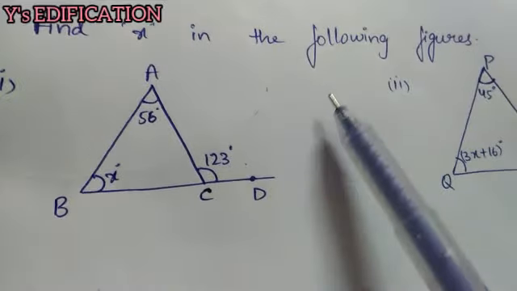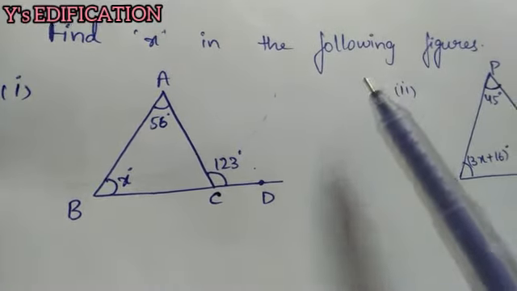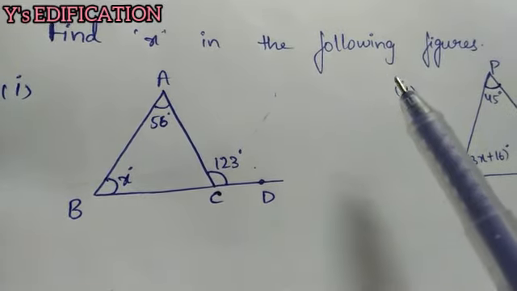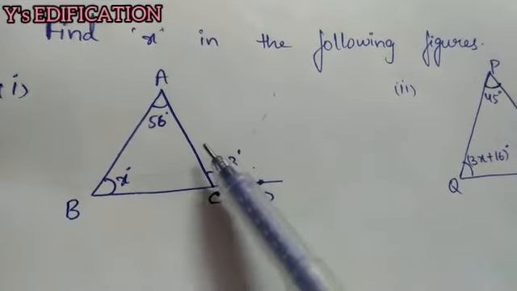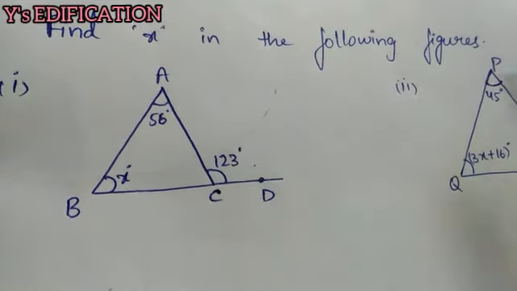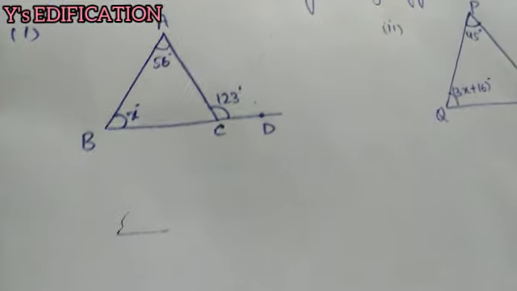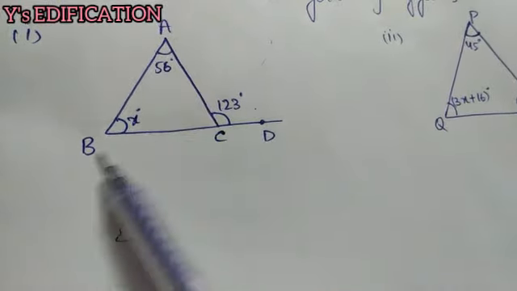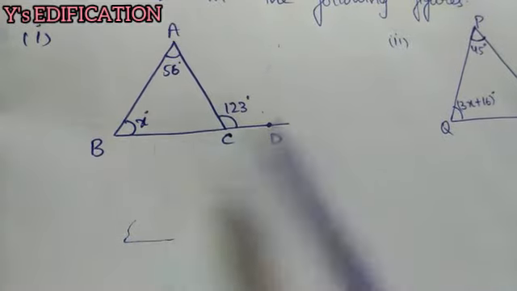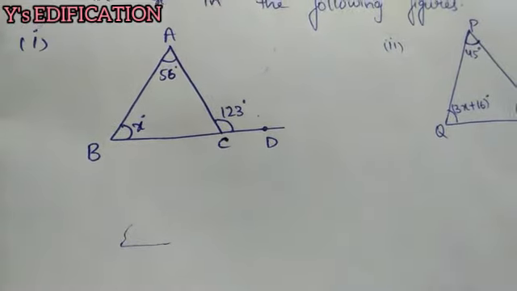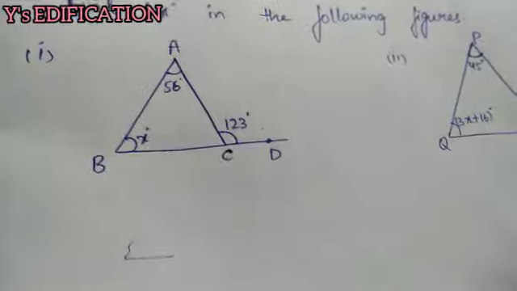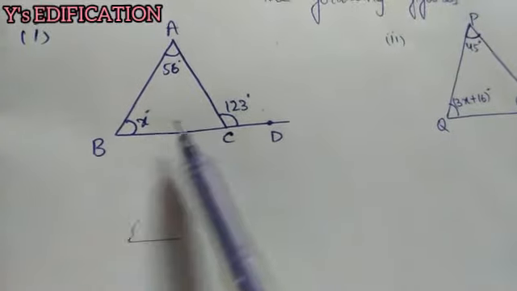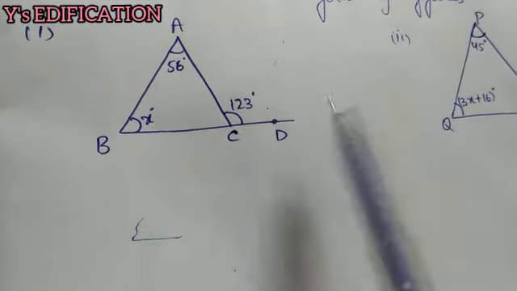If you are following the 8th standard SSC mathematics textbook, look into your second chapter, linear equations in one variable. In exercise 2.2 you can find these types of problems. I am going to tell you how to solve these problems. Here we are seeing a triangle with various angles A, B, C and D. We have to find the value of x in this figure. So how to find the value of x?